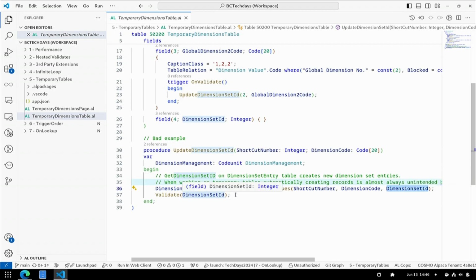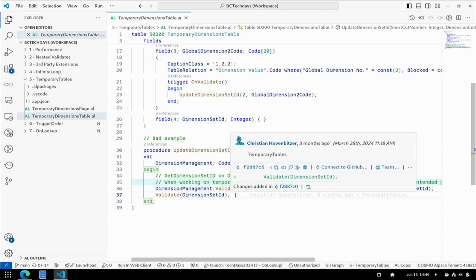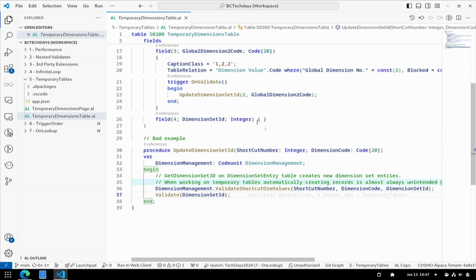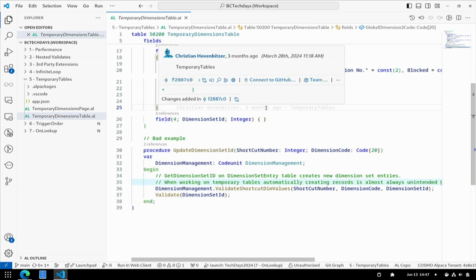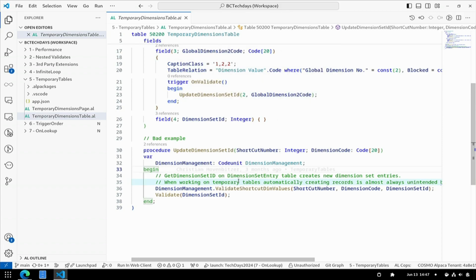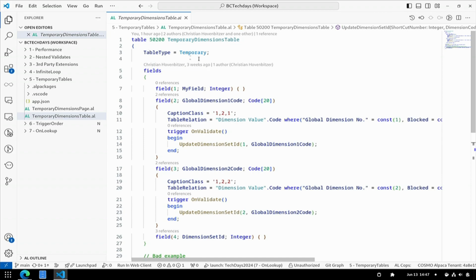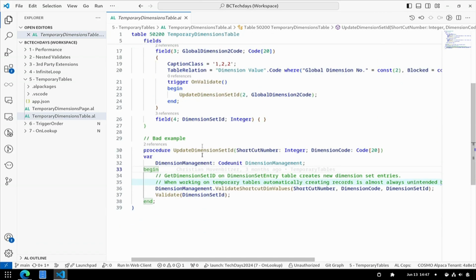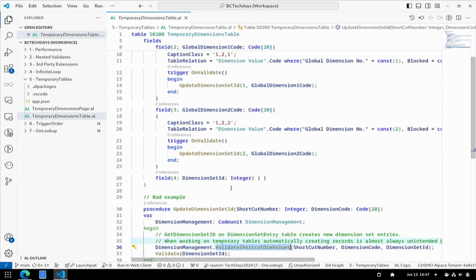And afterwards, I can just validate this field in order to call the validate triggers and check if any validations apply here. But the issue with that is, bear in mind this is a temporary table. This validate shortcut dimension values creates a new dimension set ID if it doesn't exist already in the dimension set entry table.